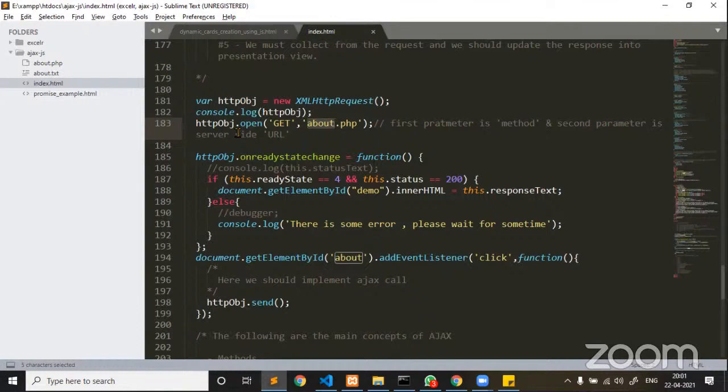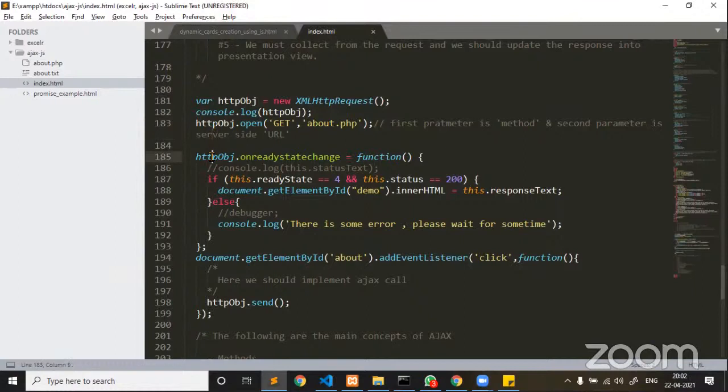Should the server side file be PHP only, or can it be any other language? Server side can be any; you can use PHP or Java or .NET or Node.js. That is up to the company. It depends on the company and the project, and they decide what sort of servers they want to use. Here I picked up one example. It could be any server side. Next, the moment line 183 runs, it will try to send a request from client side to a server.